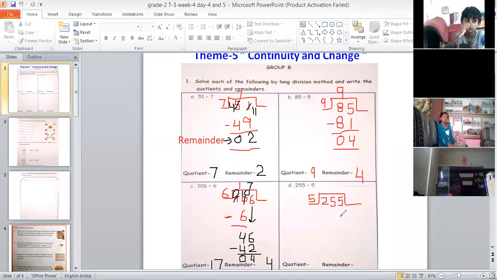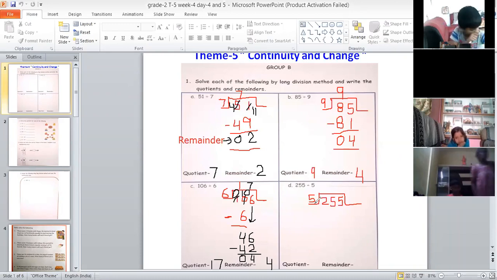Yes, children, again and again I am repeating this thing. Kushal, is this clear to you, why we are taking 2 and 5 together? Yes, ma'am. Because 2 is smaller than 5 and we won't get 2 in the 5 table, as the 5 table starts from 5. So we have to take 2 and 5 together.